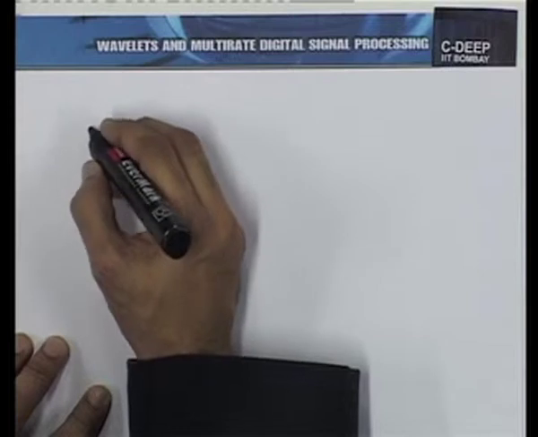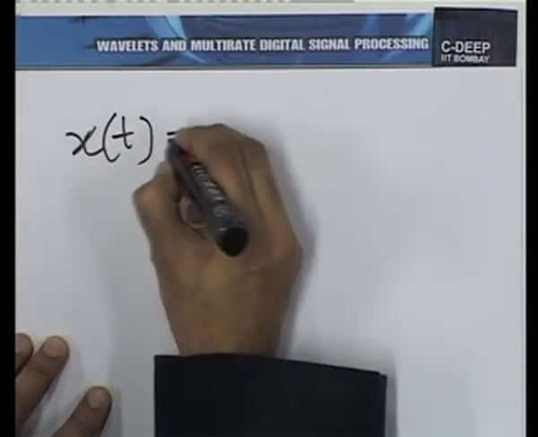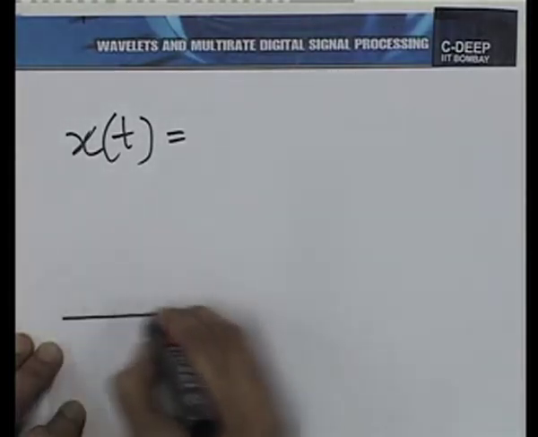let us consider a function in V0 again to fix our ideas of the connection between functions and sequences. So, let us take this example, again a little bit of repetition from the previous lecture, but let us fix our ideas with it. So, we have this function, let us say x of t given by the following graphical representation.